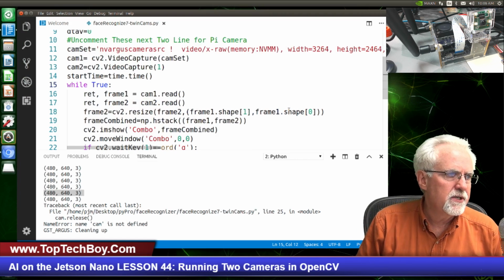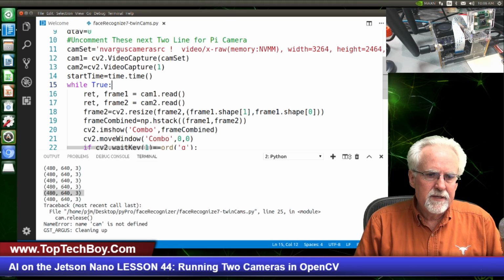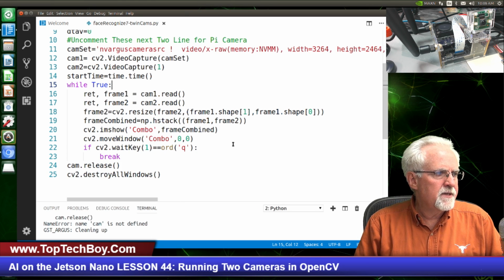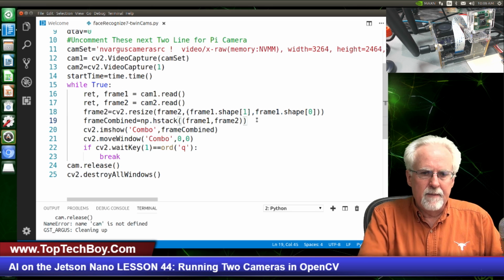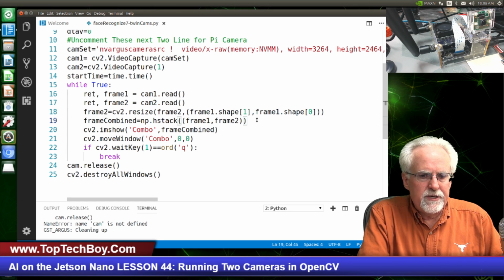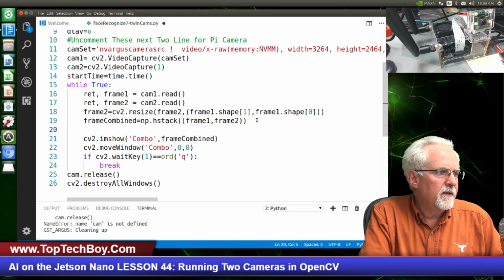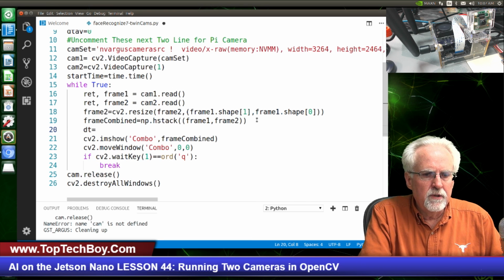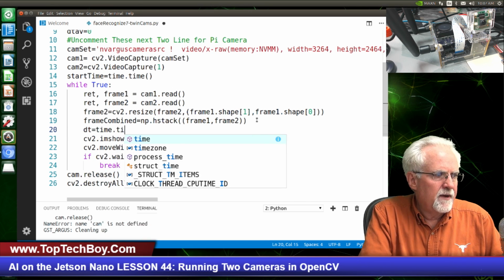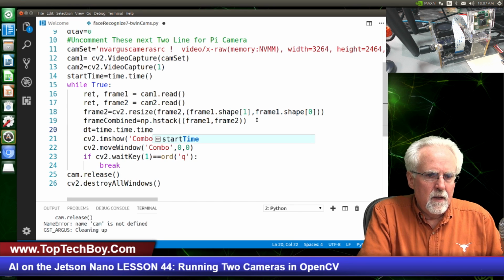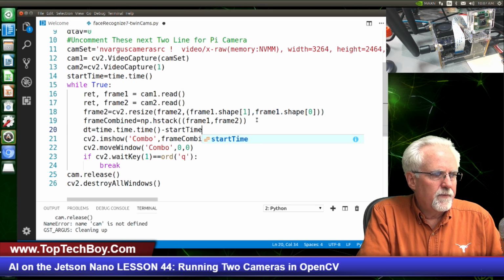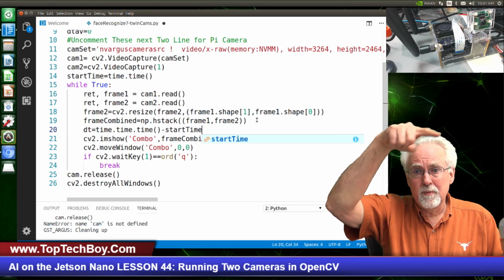Let's go ahead and instrument this so we can see what our frame rate is. And so what we need to do is come down here and put some more stuff in to do that. So we're going to come down here, and before we show the frame, we're going to calculate the frame rate. Okay, so we're going to say dt for the change in time, this time through the loop. Well, that is going to be equal to, what time is it now? time.time